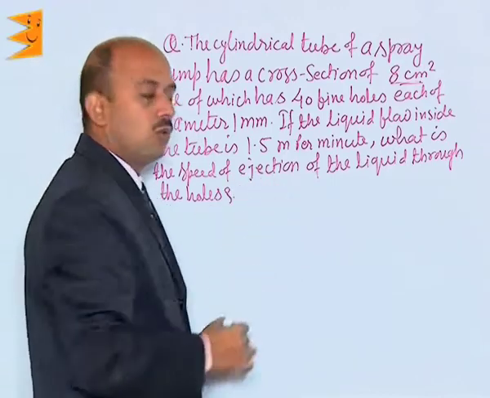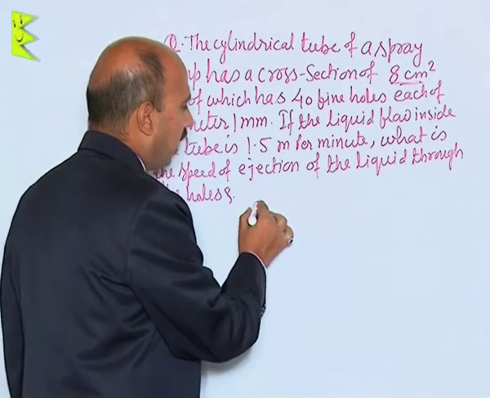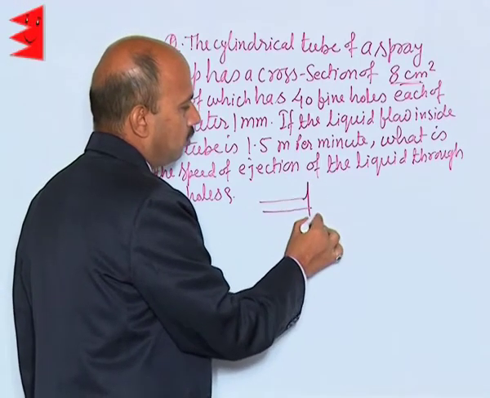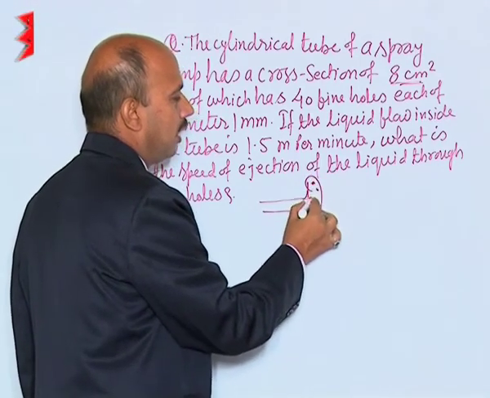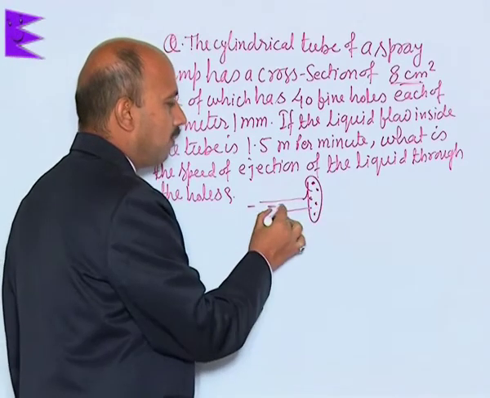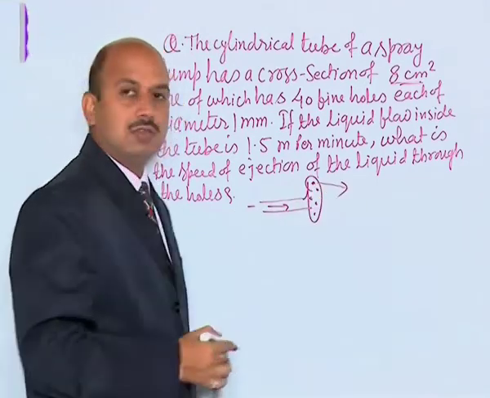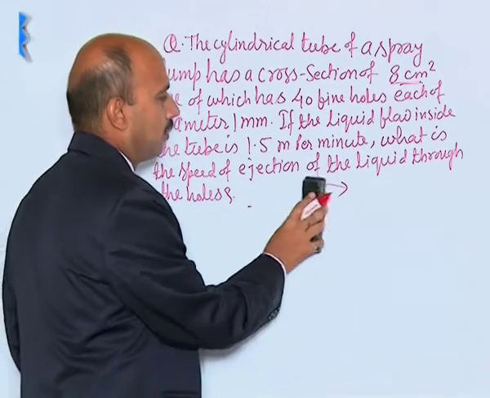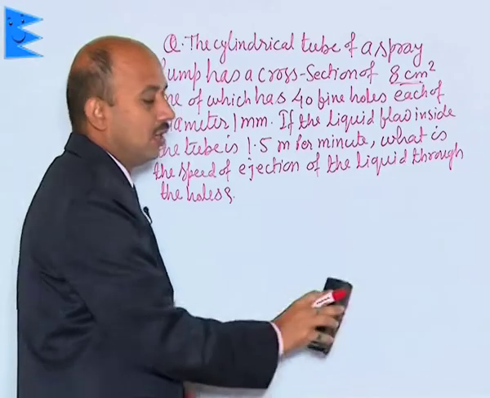liquid through the holes? See here, the tube is here, and now it is connected to this part where the 40 fine holes are, like this. Liquid is coming from here and then it is coming out through these holes. So now I have to get the velocity of the ejection, with what velocity the liquid is coming out